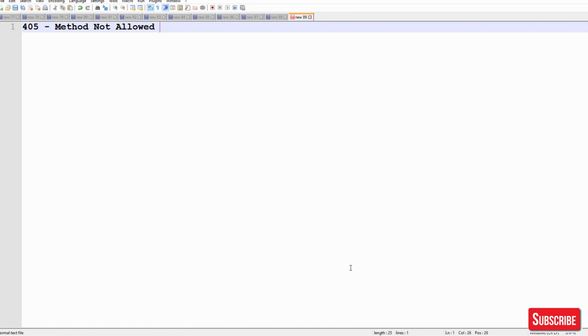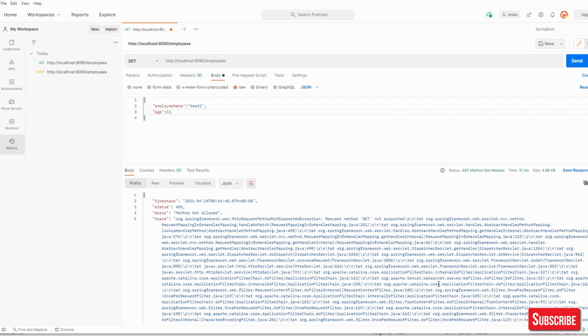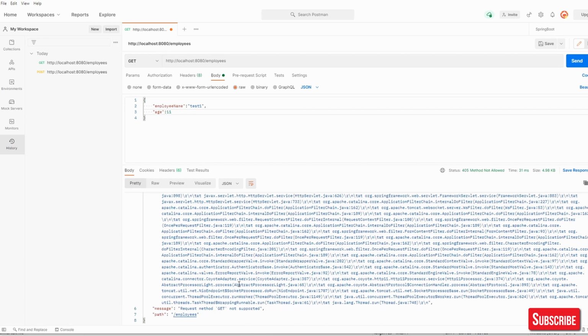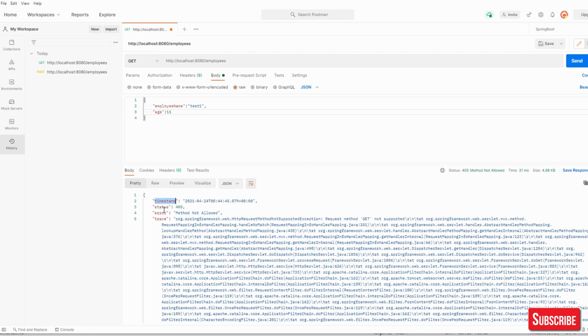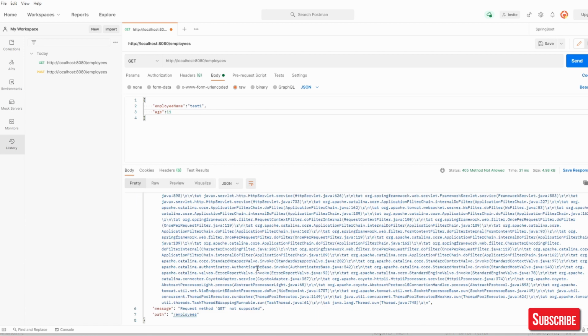If you go here and try to understand, this is a status, and this is a whole lot of information about timestamp, status, error, method not allowed, trace, a lot of things, like where the exception occurred and all. Then the message, request method GET not supported, and the path, what path you are trying to access, where it has given you this error.